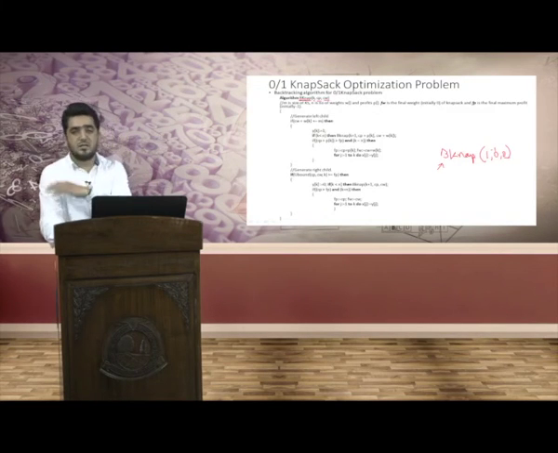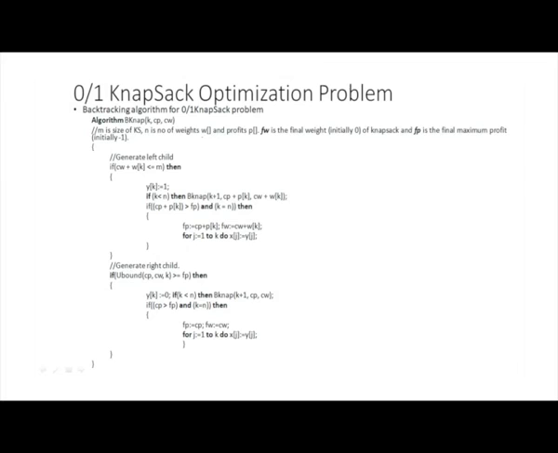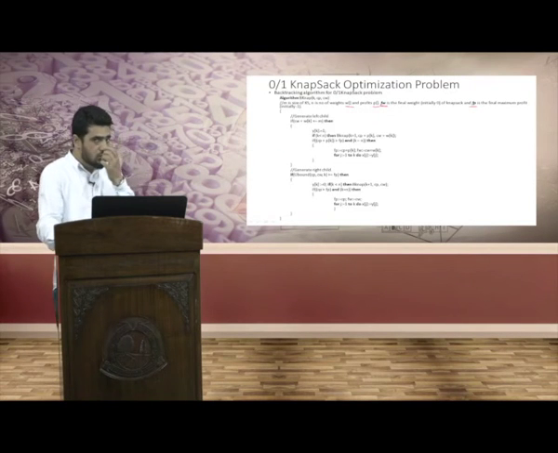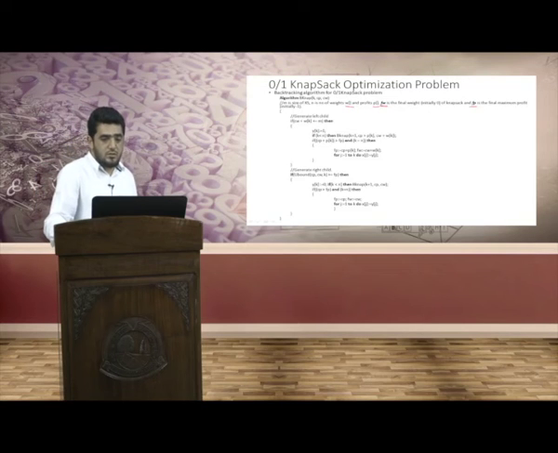1, -1, 0. This function assumes that the weights are available in this array, which is a global array, and the profits are in this particular P array, which is also a global array. Similarly, FW is the final weight, wherein we will save the final weight. Initially it will be equal to 0. Similarly, the final profit FP here is the variable wherein we will store the final profit, whose value is again